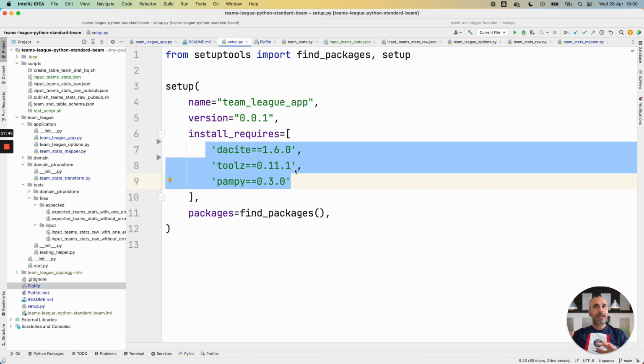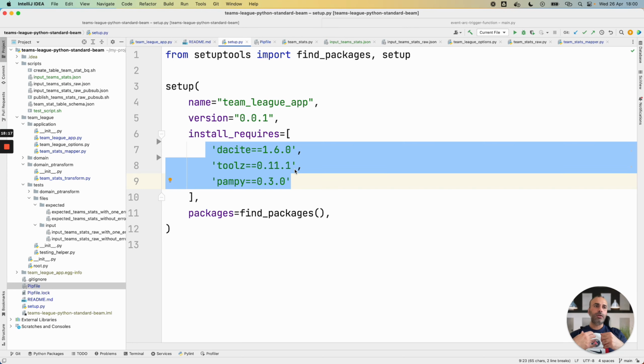Also, instead of setup.py file, we can use custom Docker image for Dataflow workers. I also think it's a good practice to use a Docker image because the runtime of the workers will be faster than with a setup.py file. With the setup.py file, when a worker will be instantiated, the package will be again installed inside this worker.